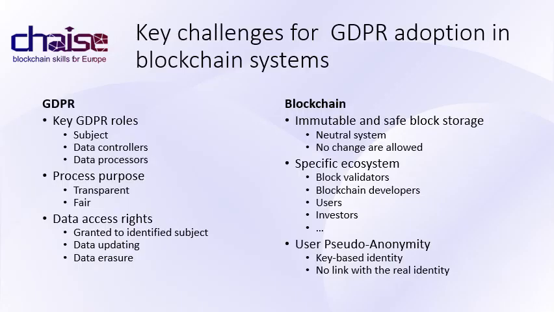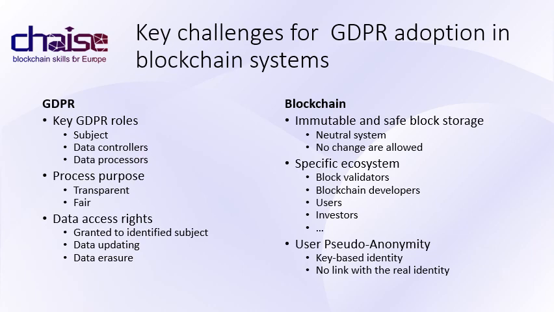As we have just seen, GDPR implementation relies on key role identification, such as data controllers and data processors who store and consume personal data, and the data subject, the natural person to whom data are related. Under the responsibility of the data controller, using personal data involves defining precisely the process purpose to ensure a fair, lawful and transparent data processing, while subjects are allowed to get access, modify and delete their personal data.